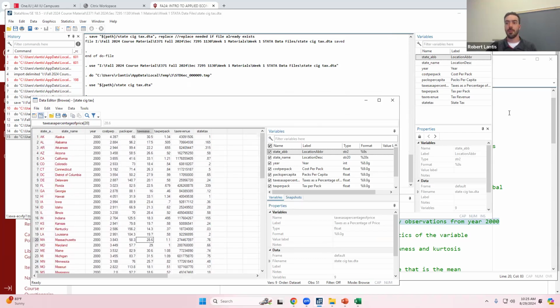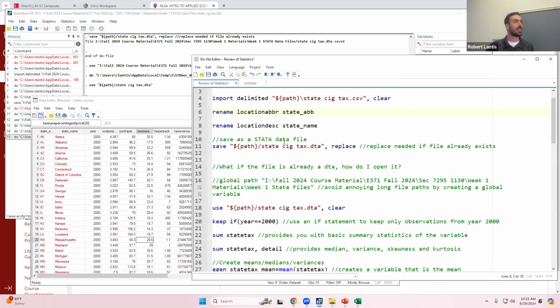Okay. Another thing to point out at this point, you'll see all this green stuff. This is really my way to communicate to you what I'm doing in this code, so that if you go back and look at it, you don't have to remember exactly what I'm saying right now. If you ever want to make comments in your do file, put these double backslashes in front of whatever you write. Notice all that green stuff, it isn't code, so it just ignores it.